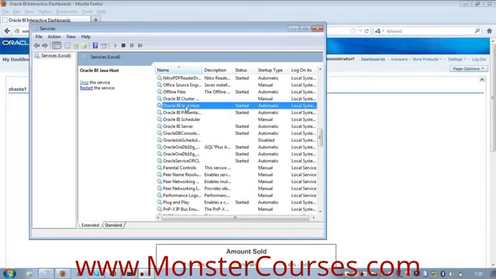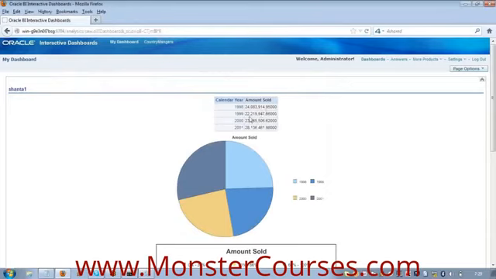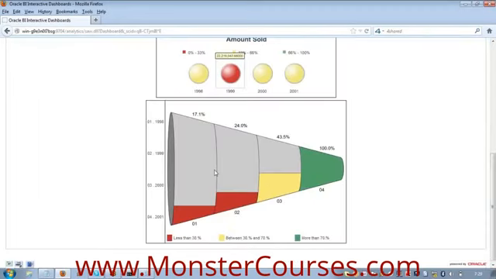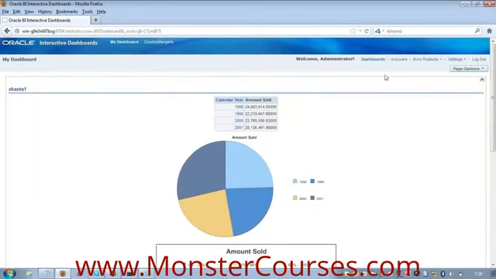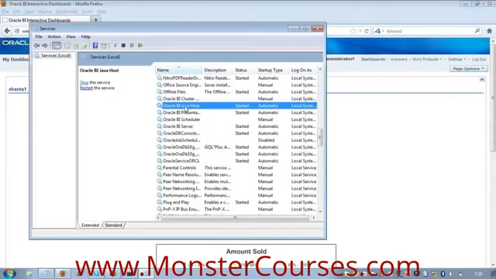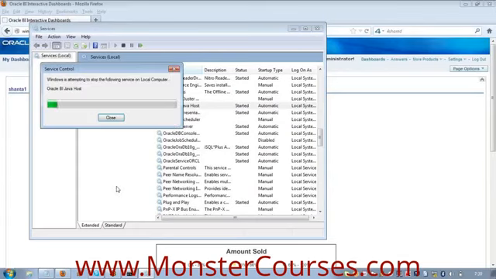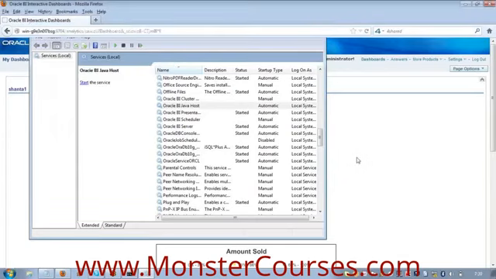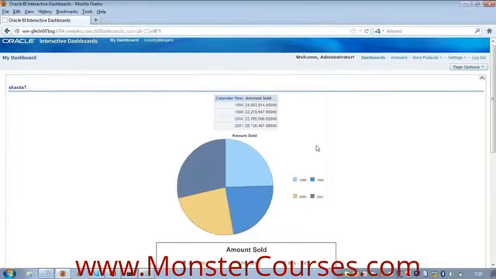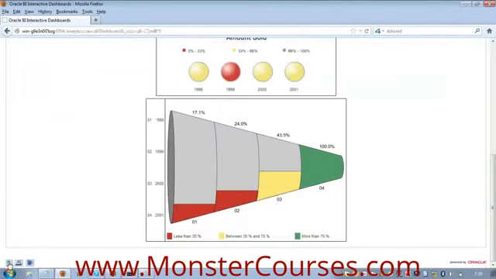Regardless of the Java host server, this report will run. This is the actual report, and these are the charts and images, right? Now, if you go and stop the Java server, I see Oracle BI Java server, I'm stopping it. Just refresh this.